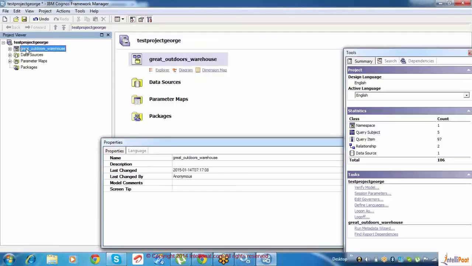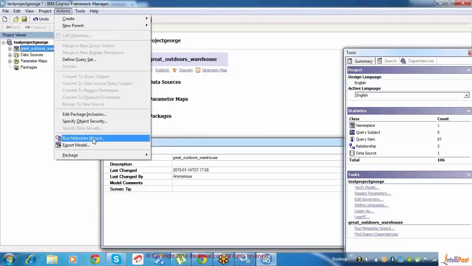So when you import the table from Oracle data source, I have imported as of now 5 tables. Second time, if I wanted to go with another set of 5 tables from SQL Server, in that case I go with some option called run metadata wizard. Here you can see run metadata wizard, or else you can go here, it should be shown here, right? Yeah, here run metadata wizard, which means if you want to import another set of tables a second time from a different data source, which is possible in Framework Manager.